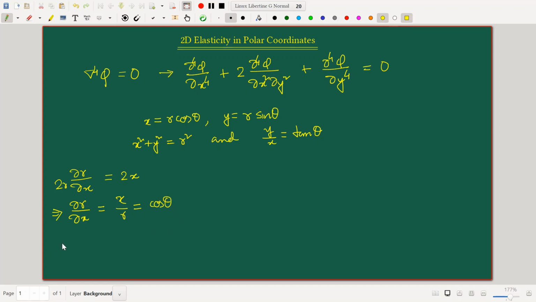Next, in a very similar way, we can obtain the del r del y simply by differentiating this relationship with respect to y. So we have twice r del r del y is equal to twice y, and that gives us del r del y is equal to y by r, and y by r from this relation here is nothing but sine theta. All right, next